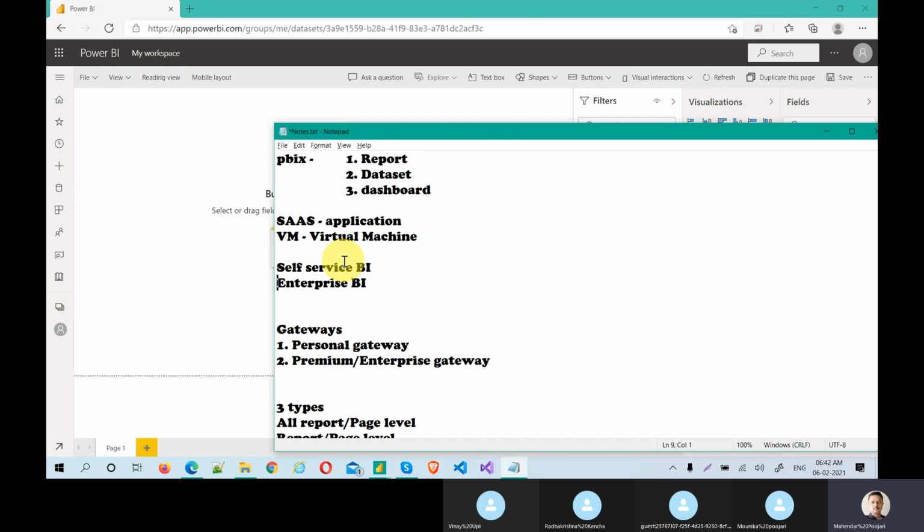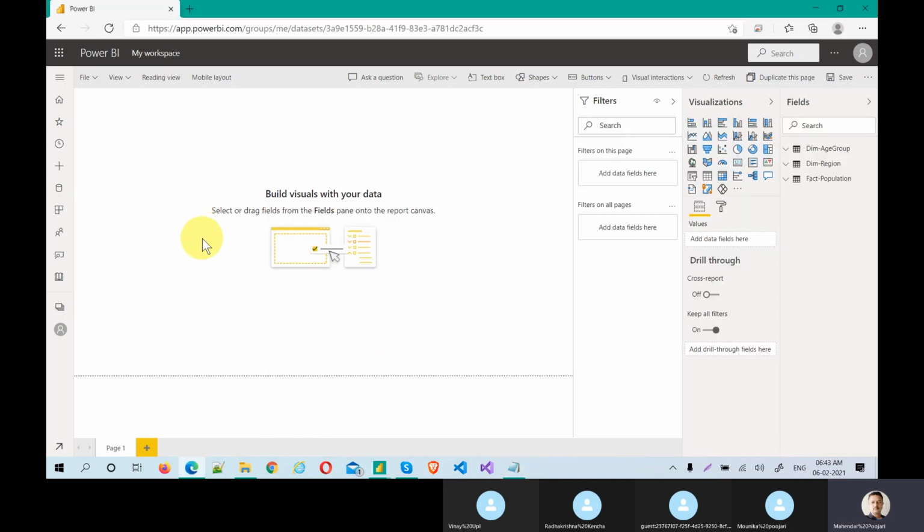He has to create the data warehouse. You might connect to a data warehouse, you might connect to SharePoint. There are hundreds of data sources available, so I cannot work with only a single source. Power BI can work with hundreds of sources. An end user might not work with hundreds of sources. A lot of data massaging and data modeling is required, so it is not that easy to work. A business analyst can do that. That's where the developer comes into the picture, and he will work in the desktop.